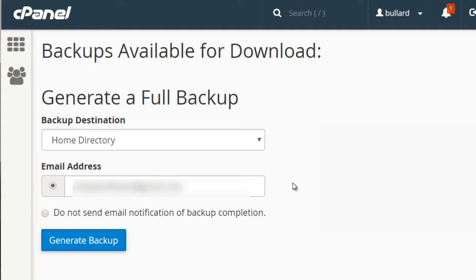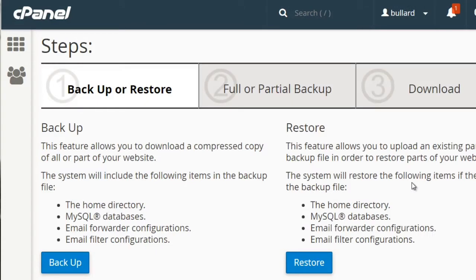And you never know what situation you might be in. So always keep a backup. Try to do backups at least once a week or once a month at minimum. Now, if you do the Backup Wizard, you've backed everything up and it is sitting in your home directory and